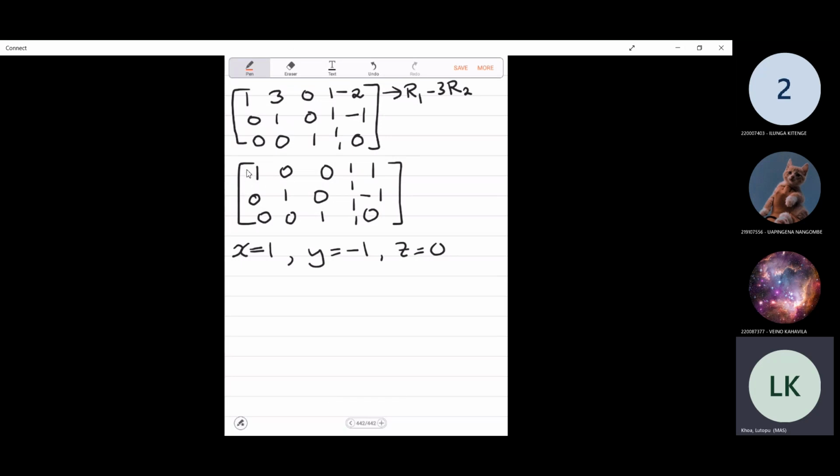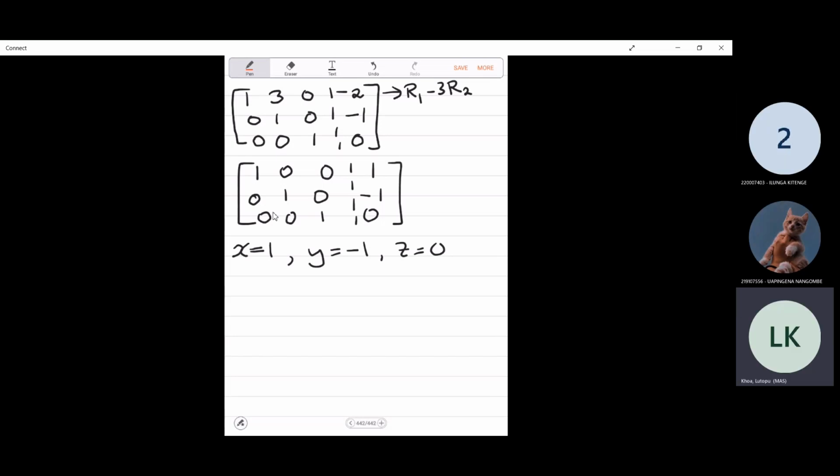Then again the second part, it's not asked in this specific question, but it's good to practice. We can see that we have 3 unique unit column matrices. So there's this one here, there's a 1 in the first place, zeros everywhere else. This one has a 1 in the second place, and there's a 0 on top and a 0 below. This one has a 1 in the third place, and there are 2 zeros above. So each of these are different. So we can say that the rank here is 3,